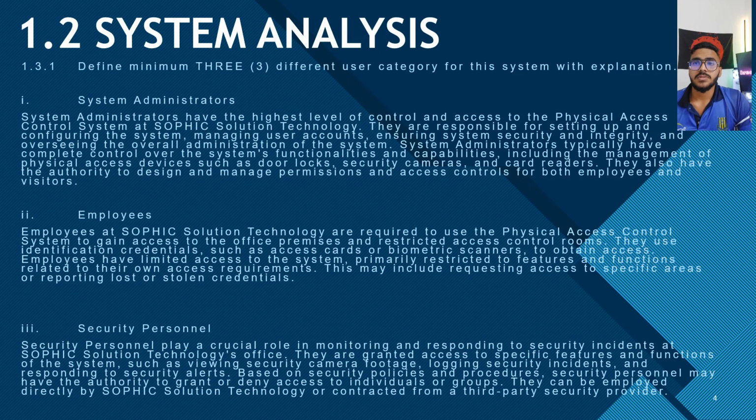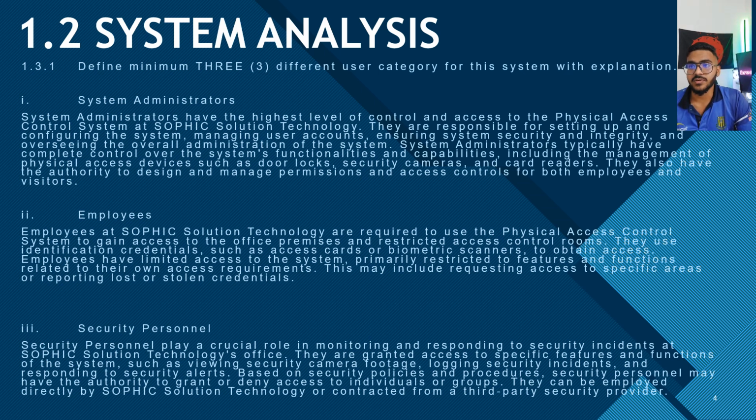Hi madam, today I will explain about system analysis. Here there are three different user categories in the system. The first one is the system administrator. The system administrator has the highest level of control and access to the physical access control system